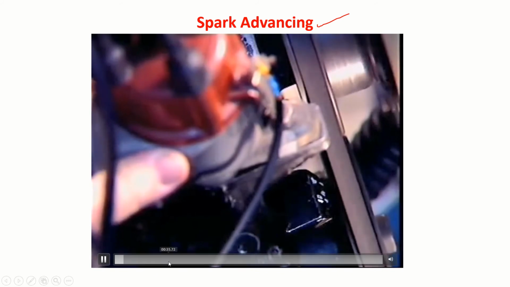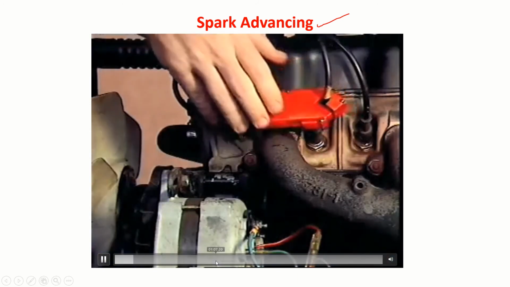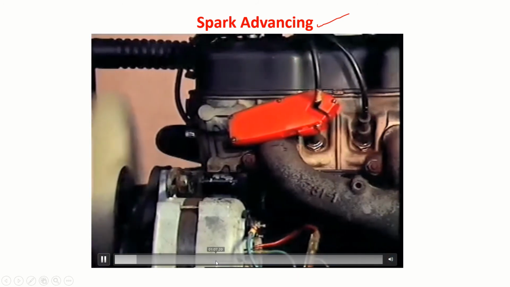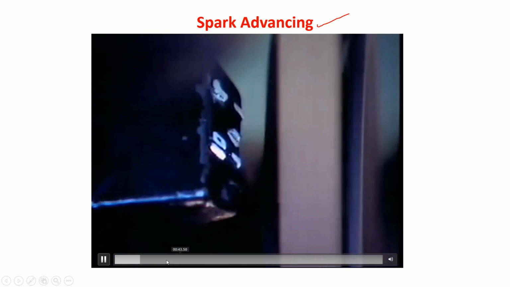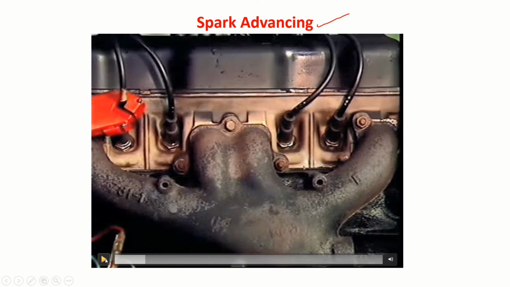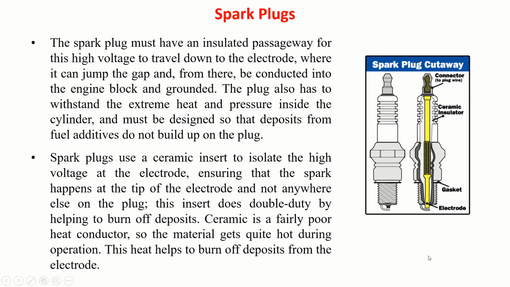The spark is normally set at minor speeds by positioning the distributor body in relation to its rotating cam. The timing is set on number 1 cylinder, and the contacts are operated in turn by each cam to evoke the same timing point. So you play this video and you will understand whatever I explained.